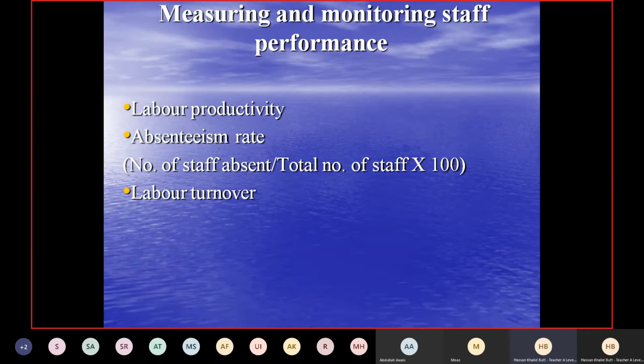So yes, that's right. That number of workers leaving the job out of the total number of workers who are employed in a year by the company. So obviously, again, it will reduce the performance of the staff because when workers leave, nobody will be there to do that job. Then they have to find workers, they have to recruit workers. It's a long process. You have to train them. So it obviously results in loss of output, and that shows the lower performance of staff.